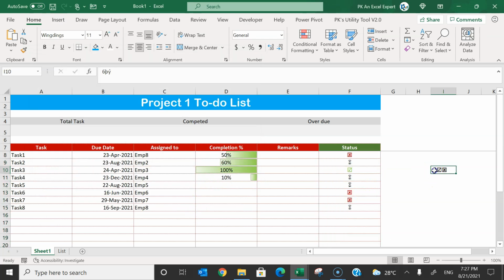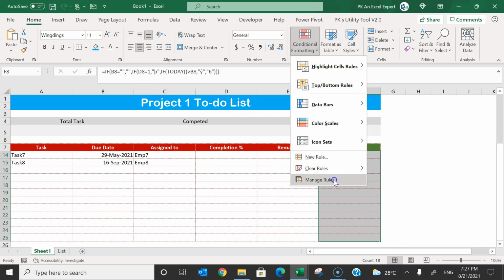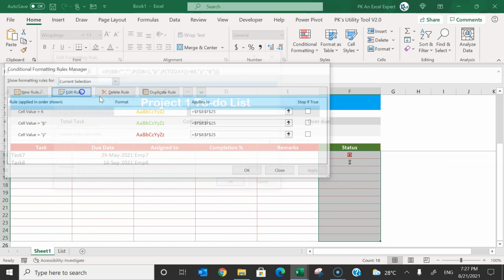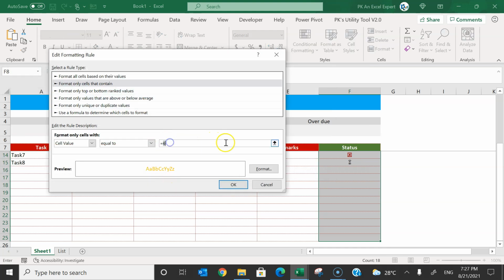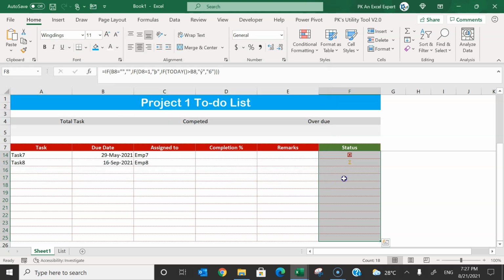Okay, it has not applied just because it seems to be text, so just copy again, Manage Rules, edit this and put it in inverted commas, Apply. So here you can see.